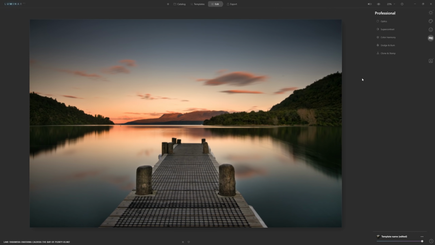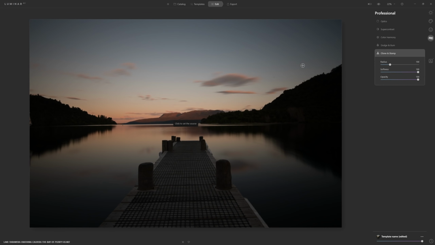And I'll show you another approach, which is probably one I prefer, and that's just using the clone and stamp tool. And that's taken us back to our base image, and literally we are going to click from a source here in the sky, and basically I'm going to now paint what's here where I've clicked over that area where that little dust spot was. We can do the same again here. We can click and paint,